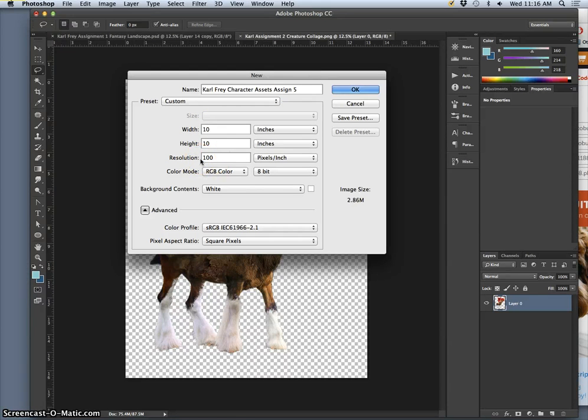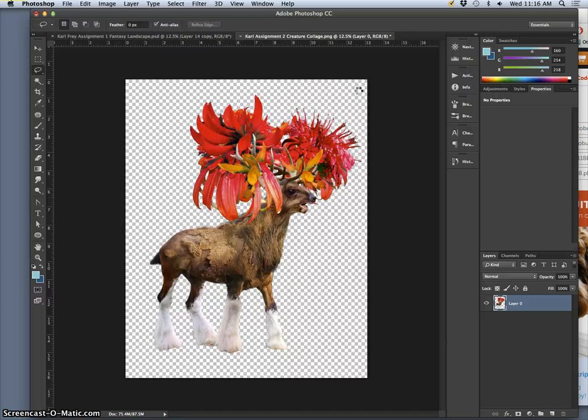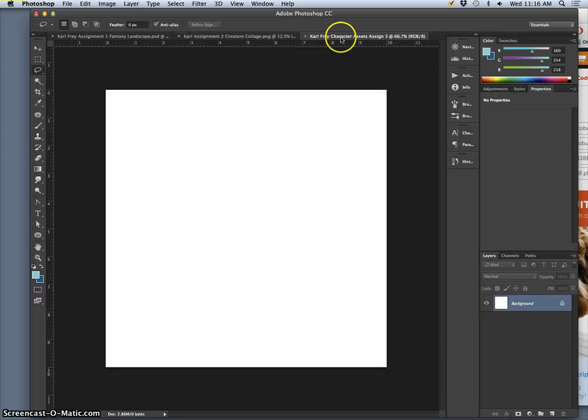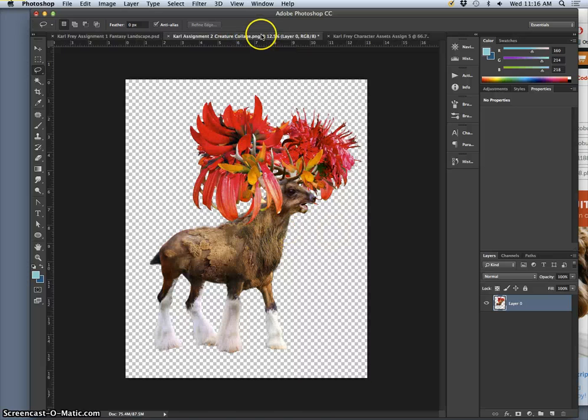That is not a printable resolution. That is a screen resolution. It's a little bit higher than the standard screen resolution of 72 pixels per inch. And that gives me 1,000 pixels by 1,000 pixels. Okay? There it is. So now I'm going to bring in my character asset, and you'll get used to doing